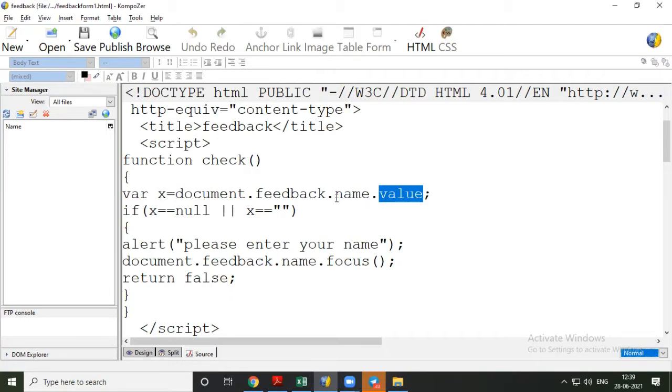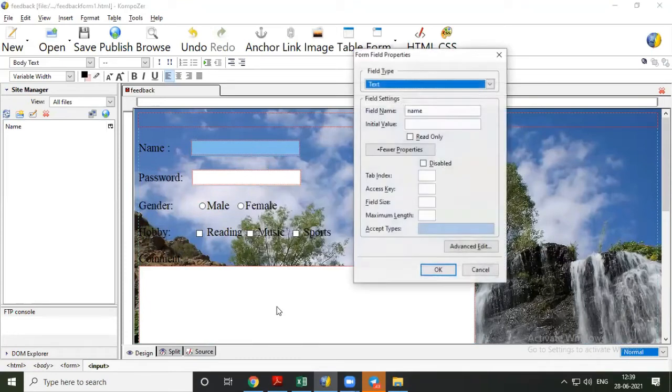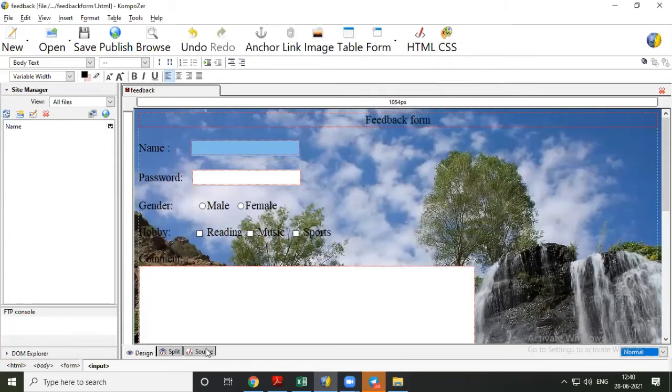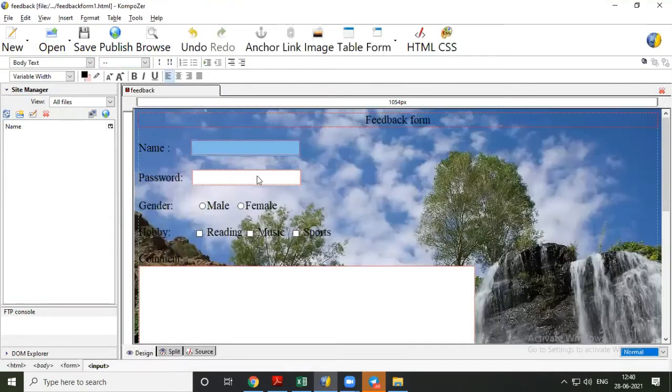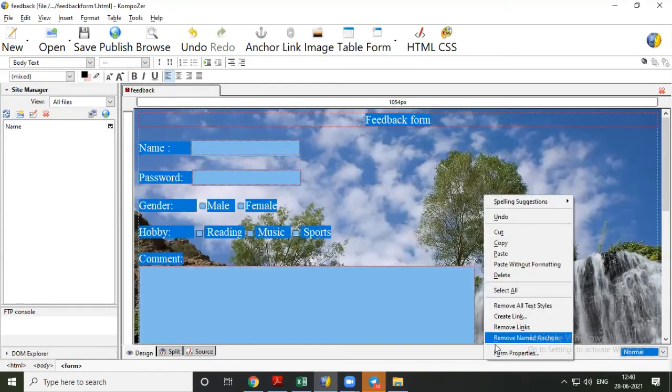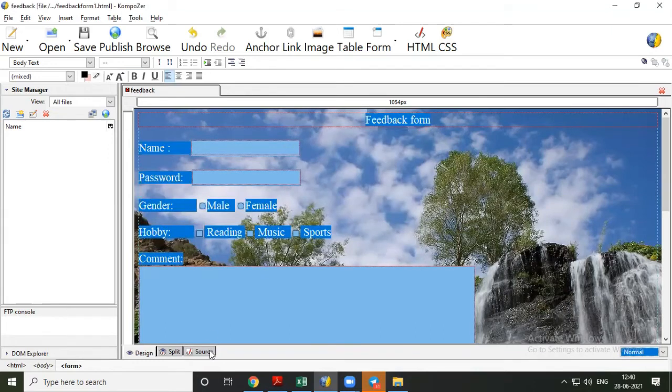value which is stored inside name field. Okay, which one is name field? This one. Okay, so when we have created this field, we have given field name, that is name. Okay, so that name is used here in script coding. Okay, so name, that is field name where this value is. Then this name field is where? In feedback form. In feedback form. Okay, so there are multiple fields in this form. Name of this form is what? Feedback. Okay, so this name should be there.